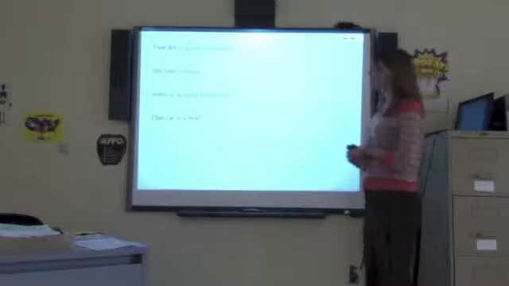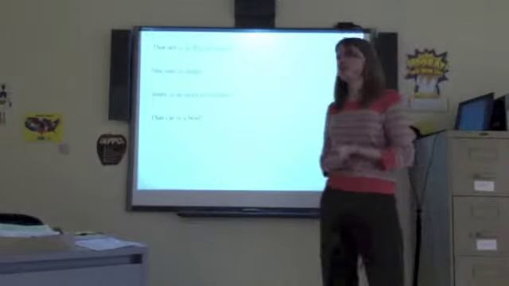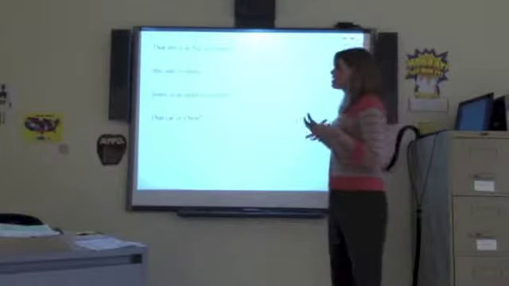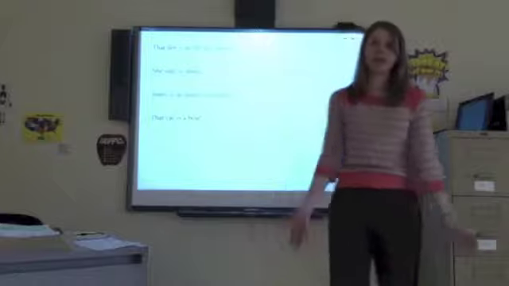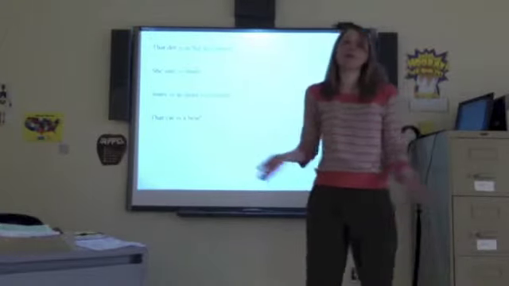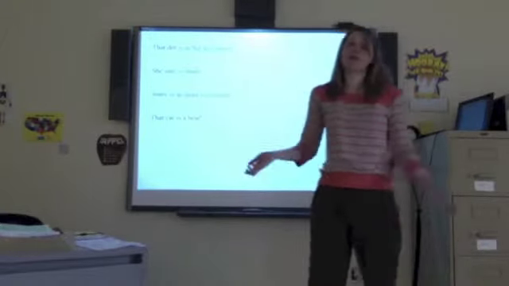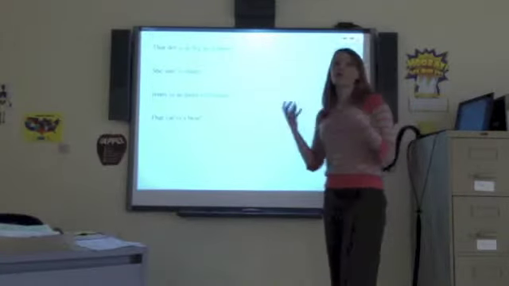All right, number 1. That dot is as big as a horse. Maybe someone overdid their period at the end of a sentence. They probably couldn't make it as big as a horse, especially on a piece of paper, but they're trying to say it's really, really big. They're comparing a dot to a horse. Different, but they're comparing it because they're both big.